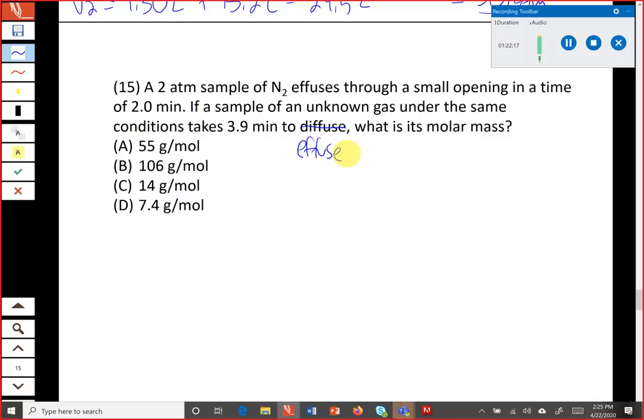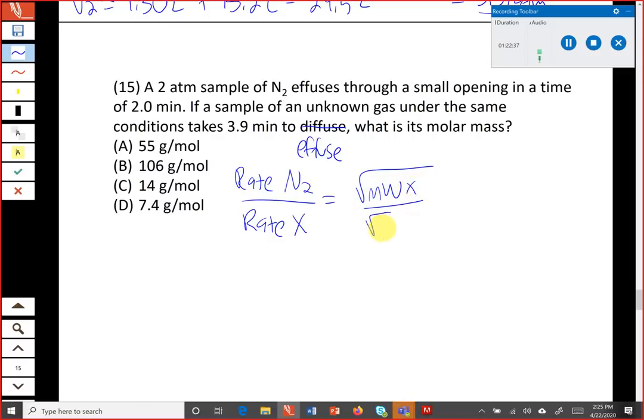And so whether we're talking about effusion or diffusion, both related to how fast the gas is moving, we have this equation here for the relative rates. So the rate for one of the gases, N2, over the rate of the unknown, which I'll call X, is equal to the inverse square root of the molar masses. So the molar mass of X over the molar mass of N2. And basically this is because